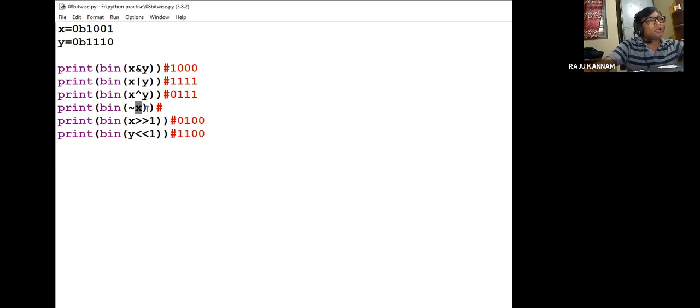X value, okay, X value we are given, no? 10100110, and 1 will be added. Got an error. Yes, it is 011. I get an error, name bit is not defined.